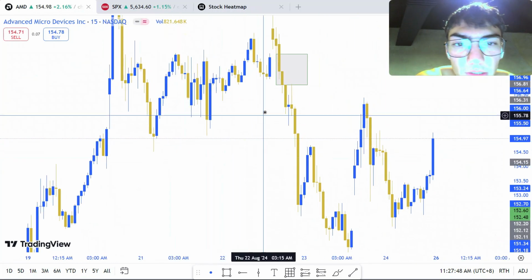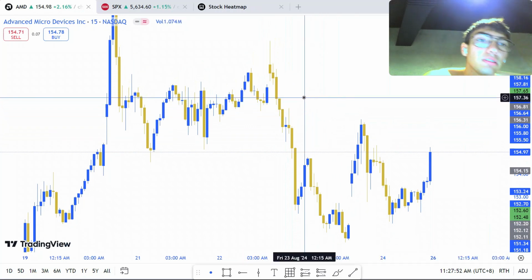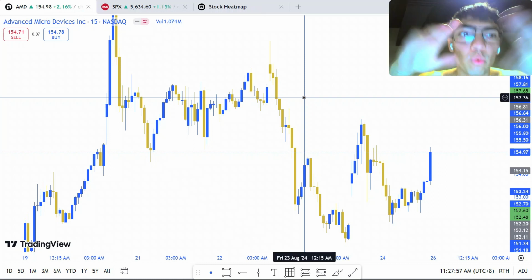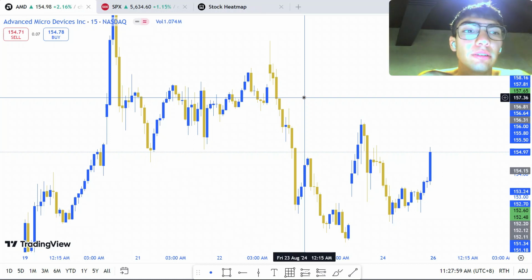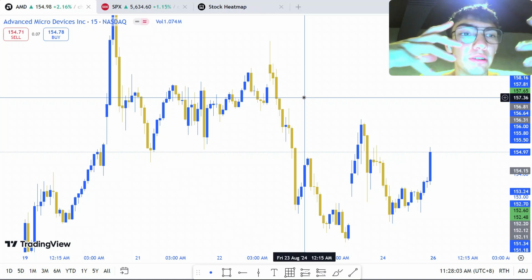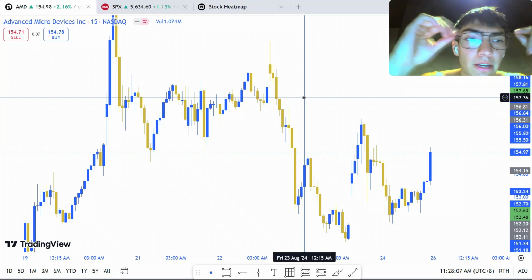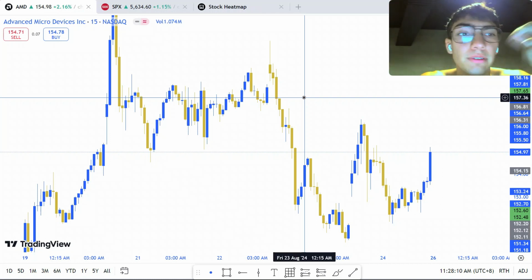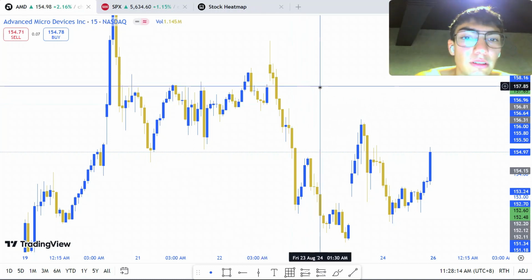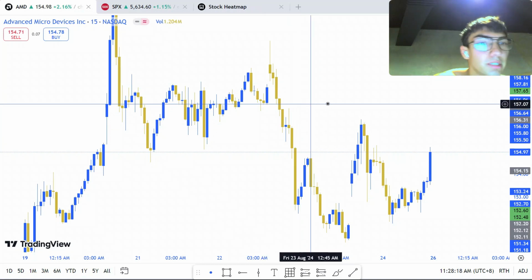You could instantly go short at the 15-minute fair value gap, but honestly, on a 15-minute fair value gap, I would go short. But on a 1 hour fair value gap, I would have to wait for a 5 minute break of structure and then entry. That's what I noticed, because higher time frames' fair value gaps have to get filled a little bit more than the 15-minute. 15-minute, it just taps it, tanks. The 1 hour, daily, 4 hour, you have to wait for a confirmation.